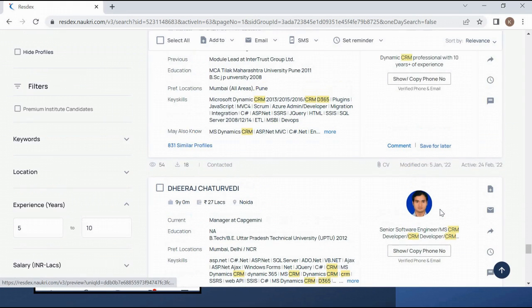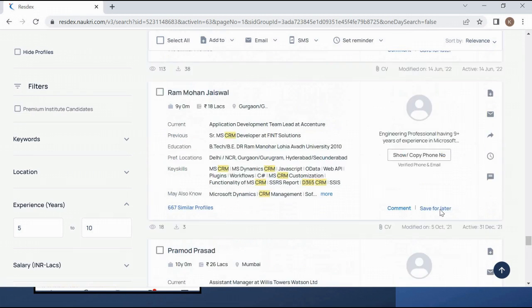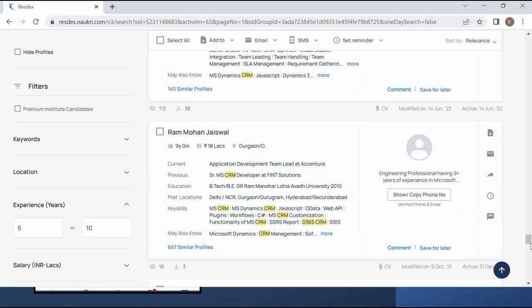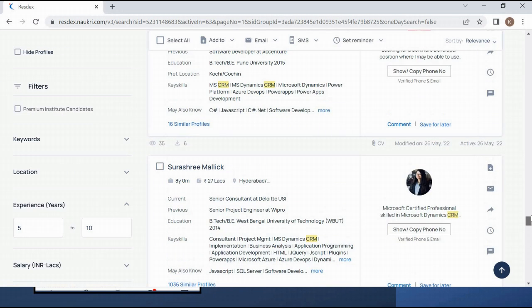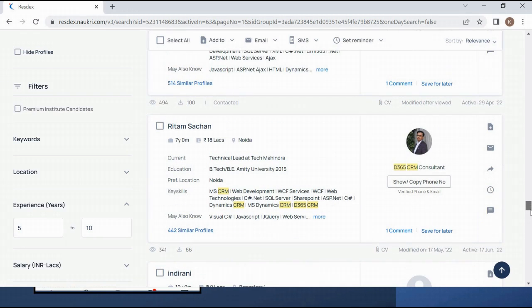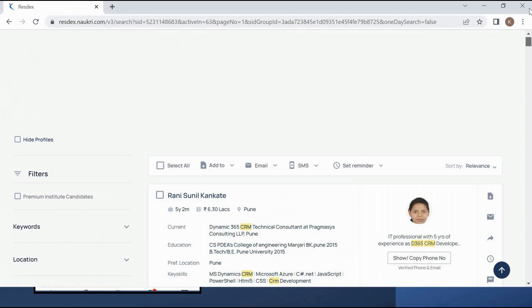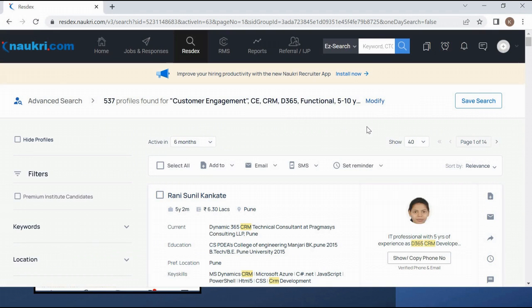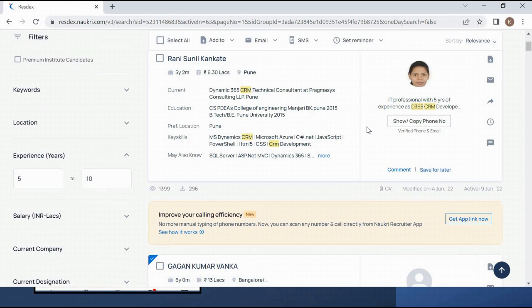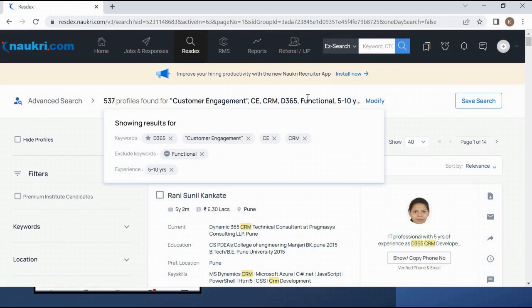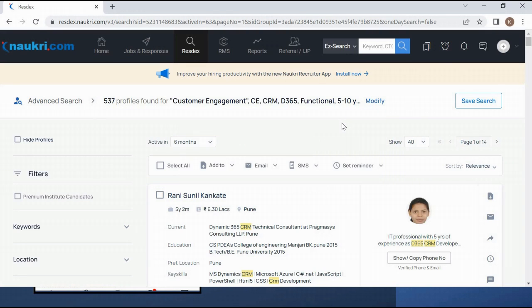Ultimately, friends, in every resume we are finding a technical or developer person. You will not find a single resume mentioning functional because I have mentioned functional in the exclude keyword. I hope this topic is clear now.